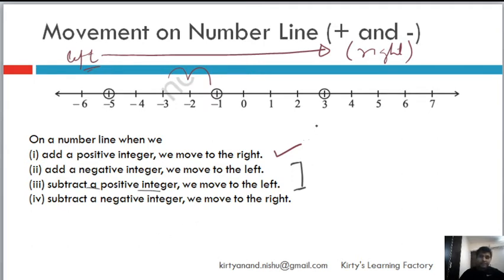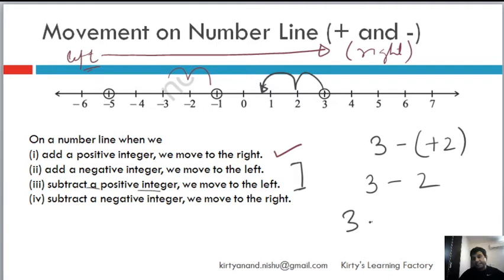Now very simple, when we are subtracting a negative integer, and we just talked about it, what happens is that we are removing deficit. When we are removing deficit, we are adding value. Okay, so for instance, let's understand the opposite of it. When we subtract a positive integer, we are at 3, let's say we have to subtract a positive integer which is +2. Minus +2, we just read it is 3 minus 2. So we are basically subtracting 2 from 3. So we are moving here to here, right? We are moving left because now the value is to decrease.